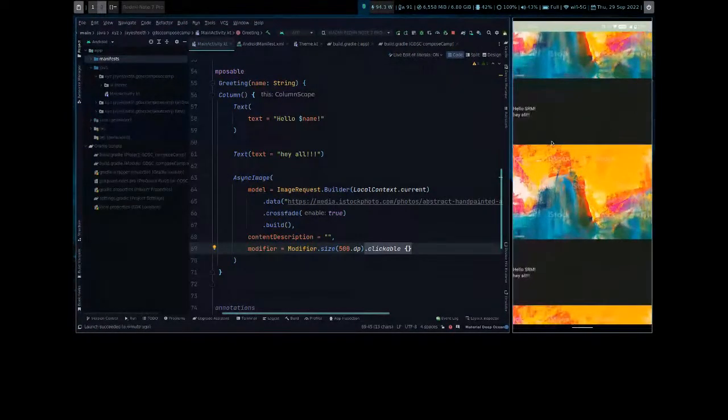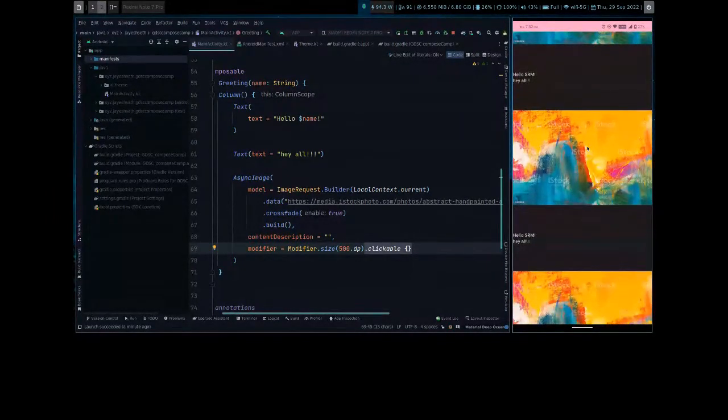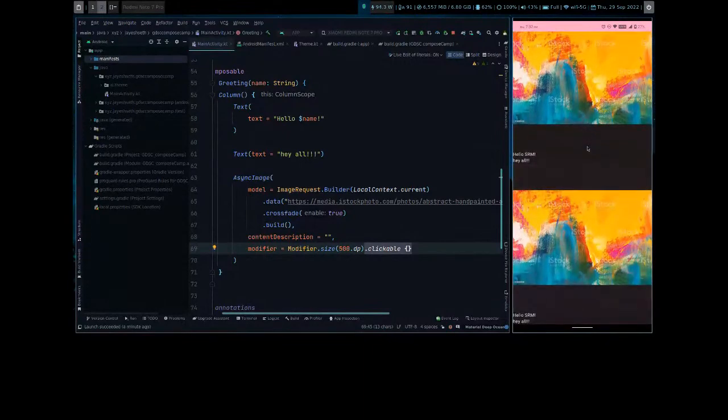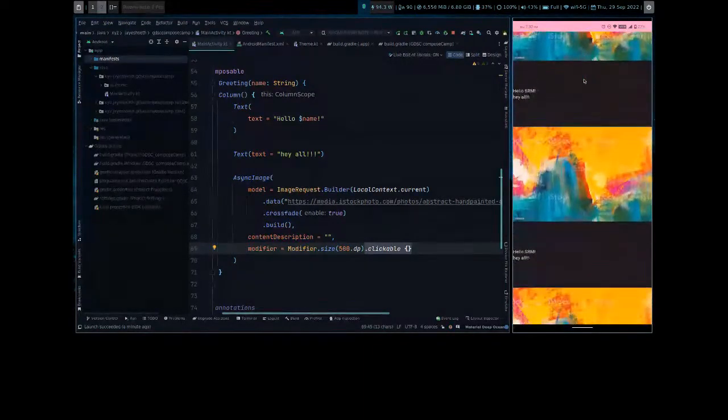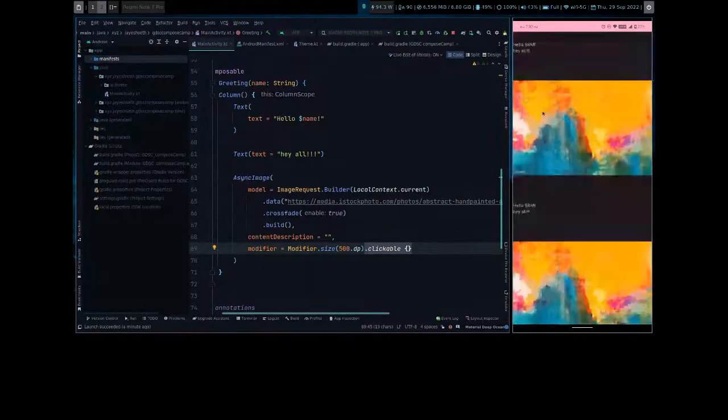Now if I go back to the app, see my status bar, and if you look carefully, even my background has changed to a pinkish tint. So this was Material You designing.